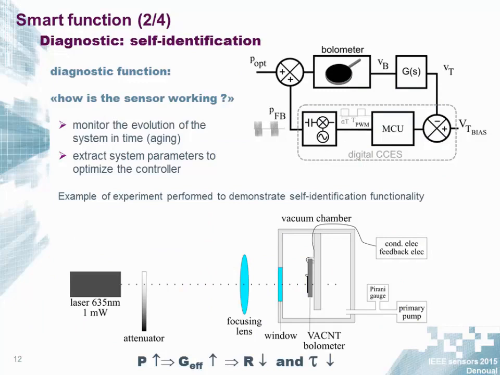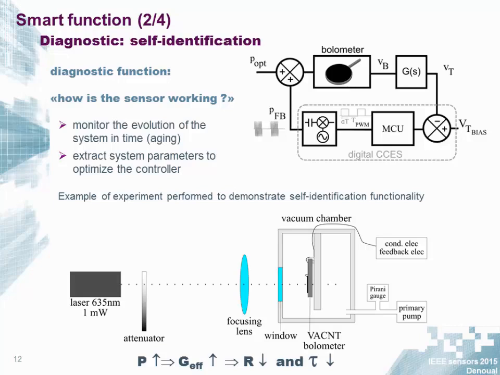So it's a diagnostic function that enables to know how the sensor is working, and it could be useful to monitor the evolution of the system over time, so aging of a system, to extract its thermal parameters. So we are using this scheme. The bolometer is put into a vacuum chamber. We have a laser beam to